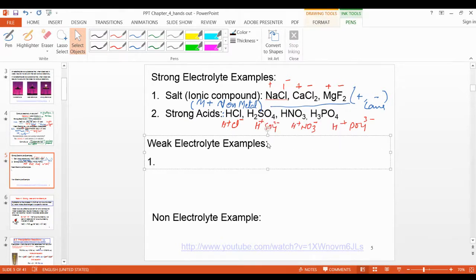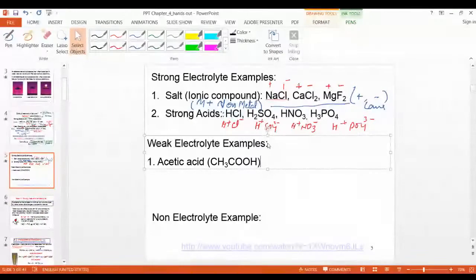number 1, acetic acid, that is CH3COOH, acetic acid. You will use this acetic acid, the vinegar. All right. When you eat salad, you will add this vinegar, right? What do you call it in Arabic? Vinegar? Khal. Yes. Right. So this is the acetic acid, weak acid,